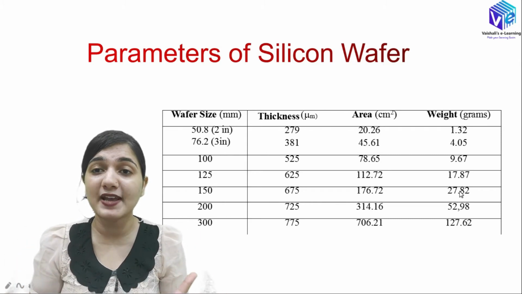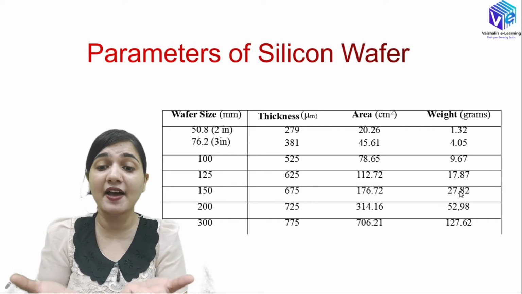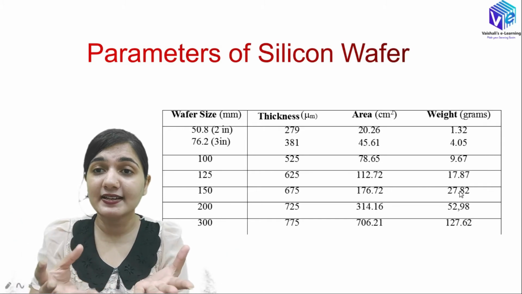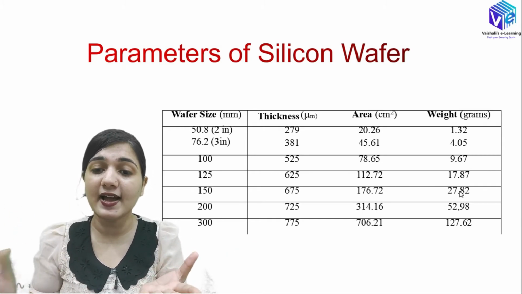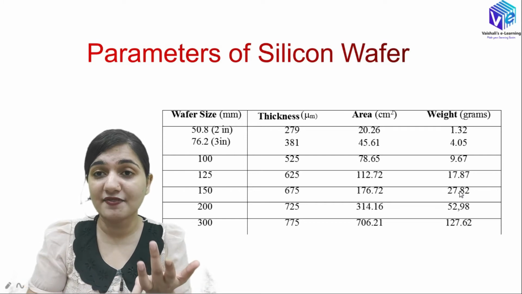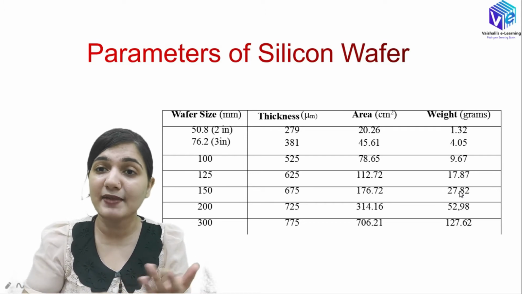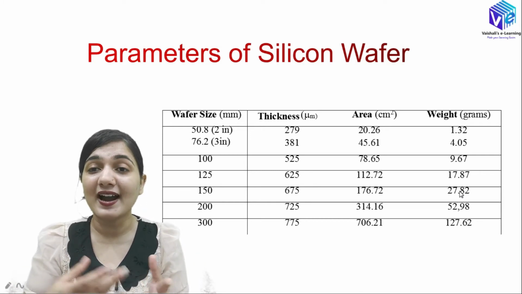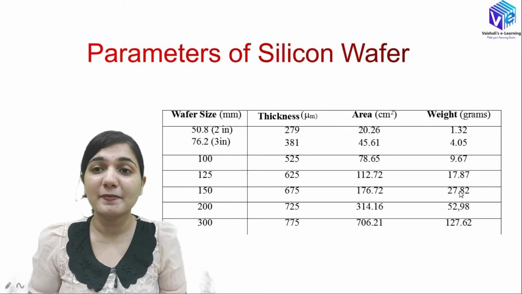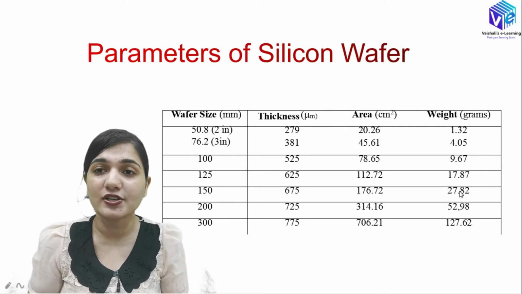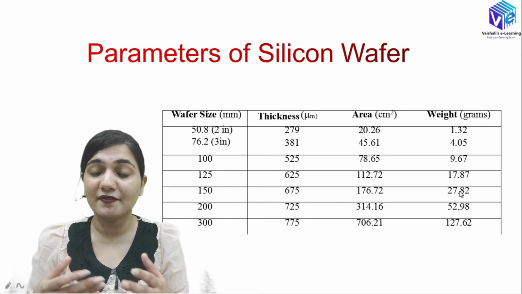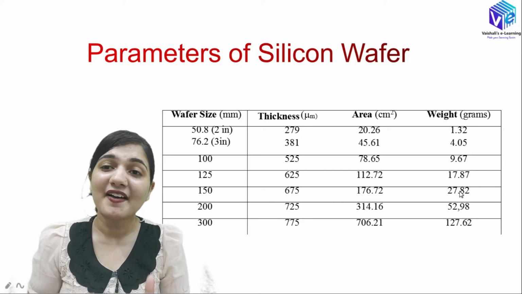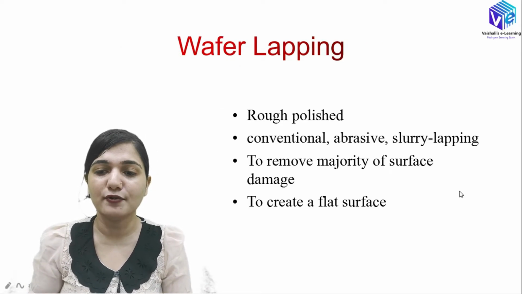But how can this happen? It can happen only if I have a lesser wafer size. If I have a lesser wafer size, I will have lesser thickness, and this is how I will manage the area and weight. But now the number of ICs manufactured from it will be lesser, and if the number of ICs from one wafer is lesser, this makes our process more costly. So devices which are lighter and smaller are more costly. Okay, I hope now you understood.